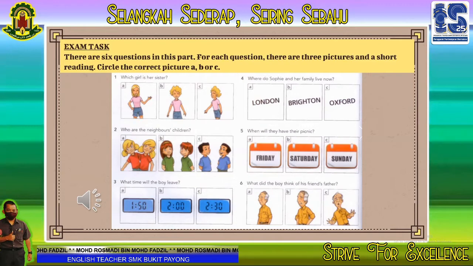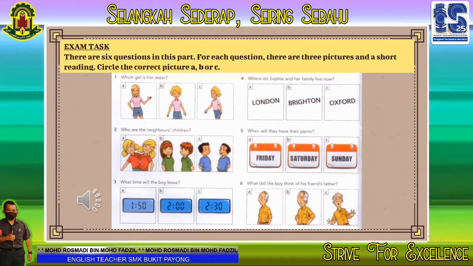2. Who are the neighbours' children? Have you seen the new neighbours yet? Not to speak to, but I saw them arrive in their car yesterday. Did you say they've got twin girls, or is it twin boys they've got? Neither. They've got a boy and a girl.